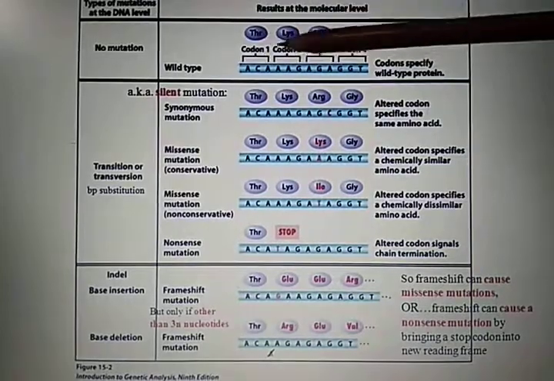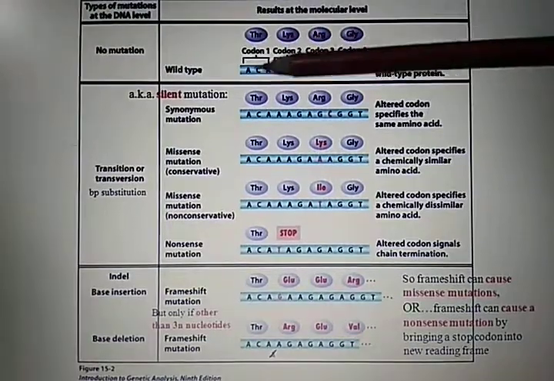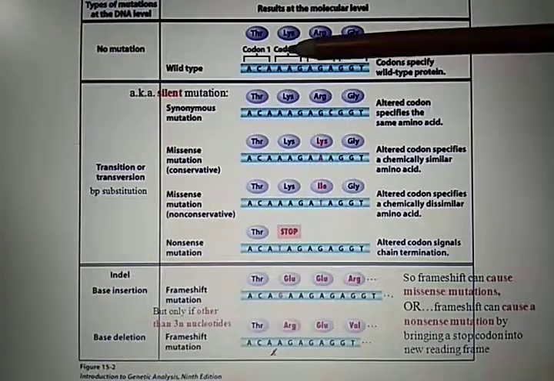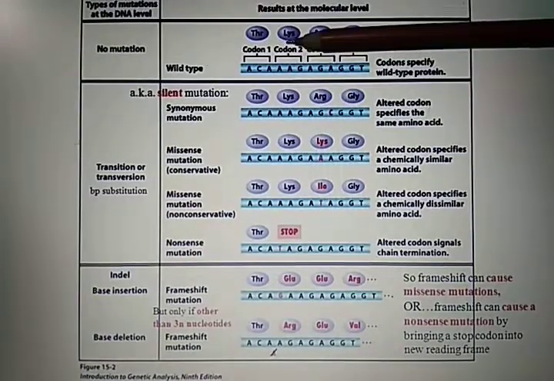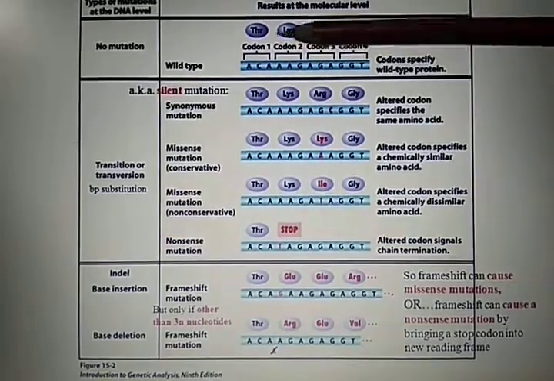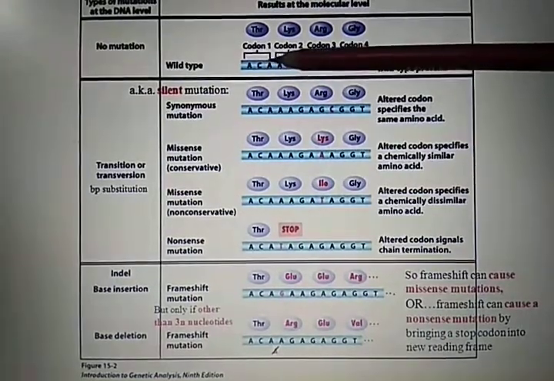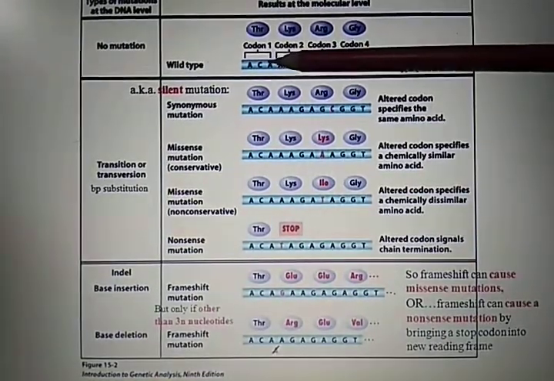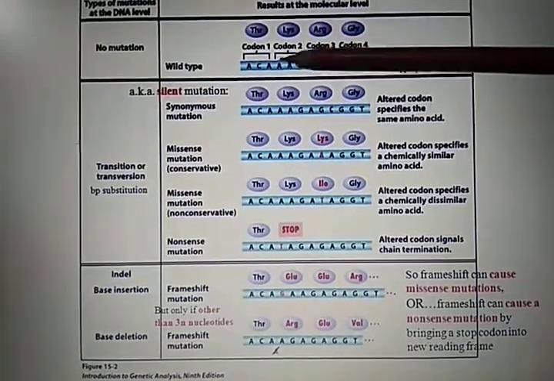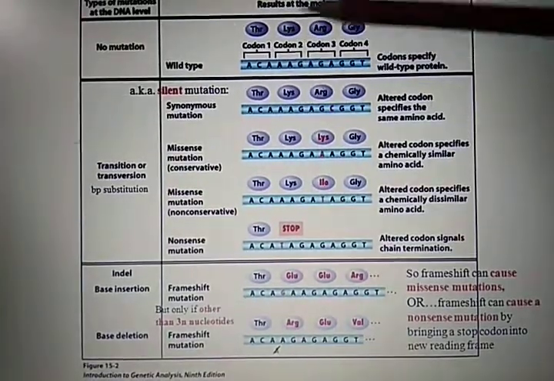See, this is the original blueprint or genetic code of an organism. Okay, in transition, what happens? A purine is replaced by a purine, and a pyrimidine is replaced by a pyrimidine. See, adenine and guanine are purines. So, this is the codon 1 containing ACA. Okay, this A is adenine, and in codon 2, this is AAG. Okay, so let us consider an example.